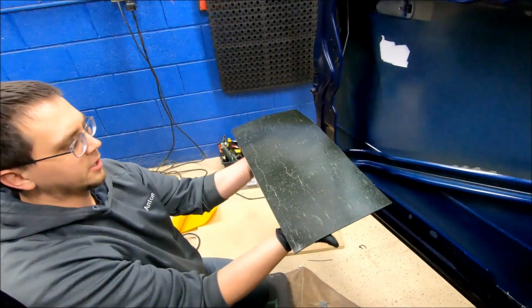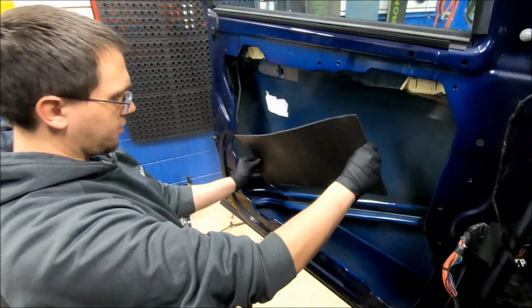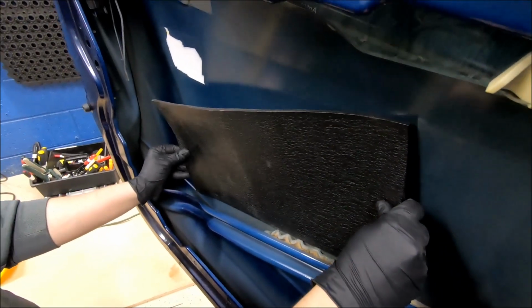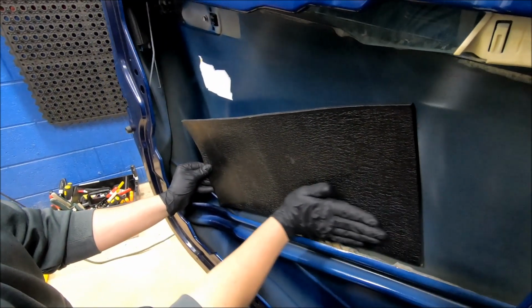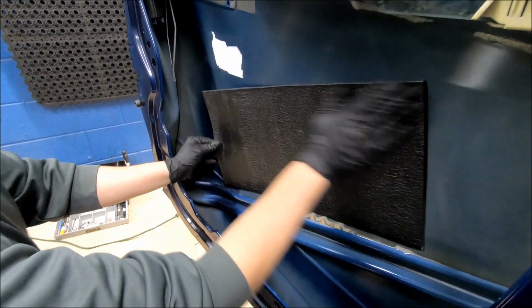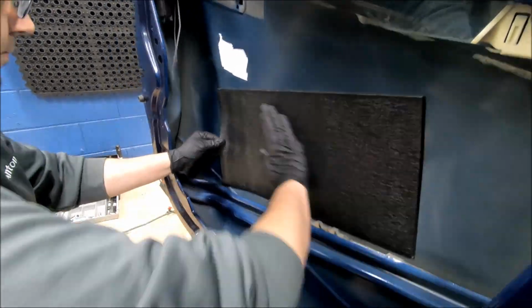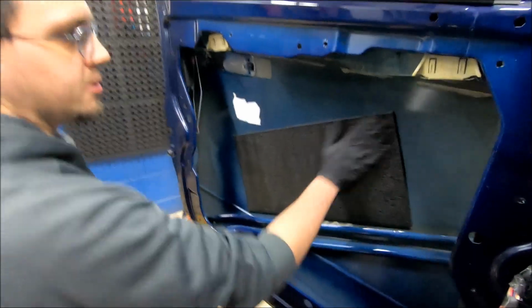See how flexible it is. And what you'll do is you'll just place it in. I like to start on one end. Just work it on over. You want to try to avoid any air bubbles. So once you get it on here,